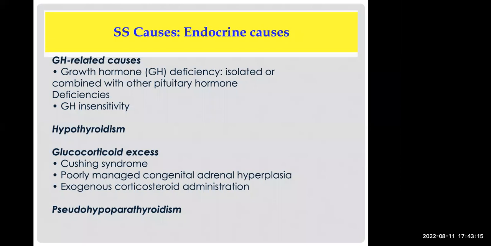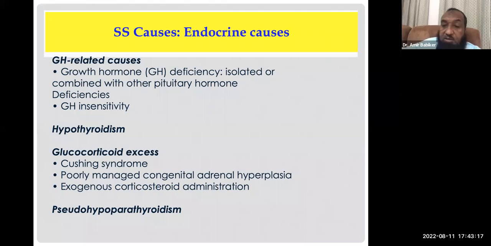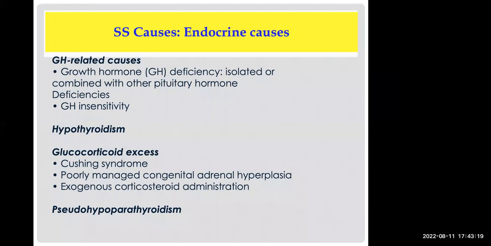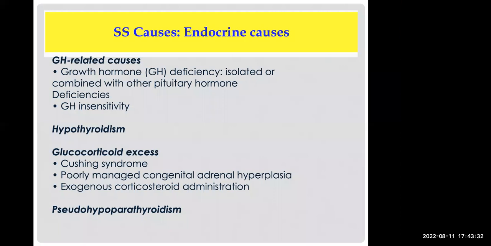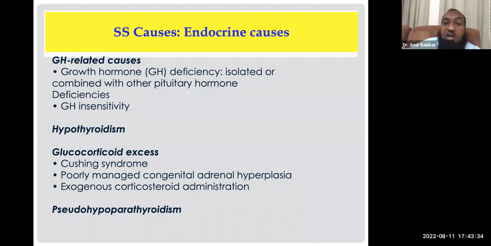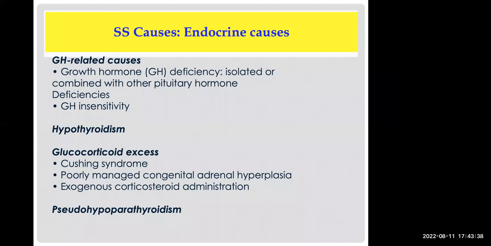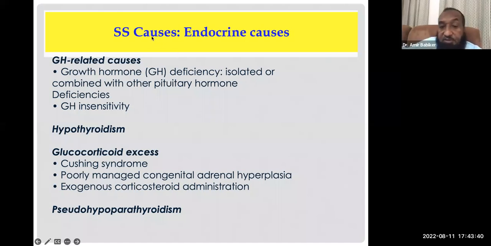Dr. Amir, we have one question. Yes, Dr. Arwa is asking about, just a second. Let me see, is it written here or in the chat? Okay, in the chat. Excellent, they all answered: short fourth and fifth metacarpal. Very good. This is what they have in pseudohypoparathyroidism. Excellent. Yes, go ahead and ask the question.